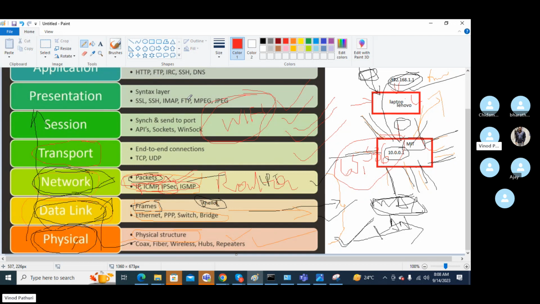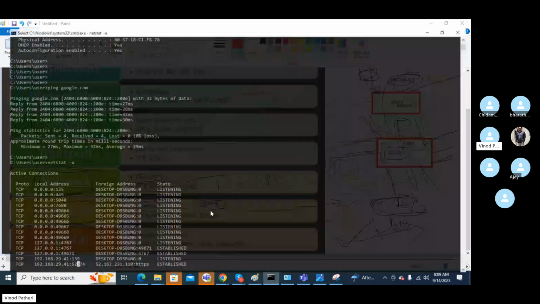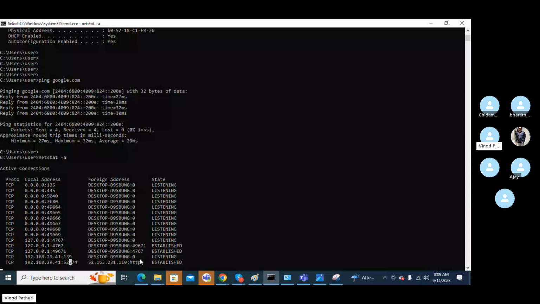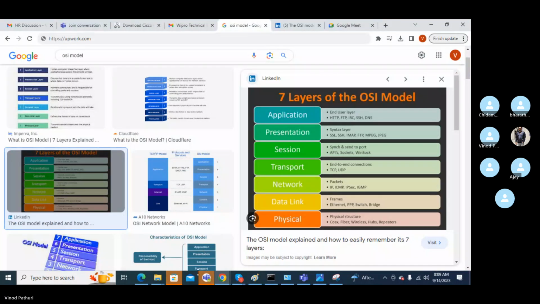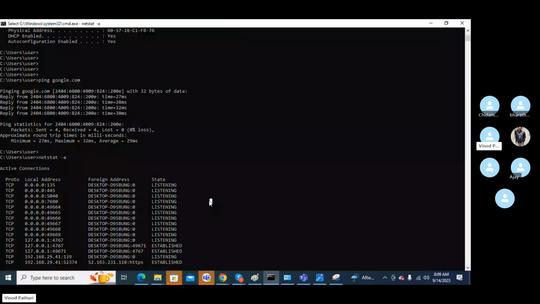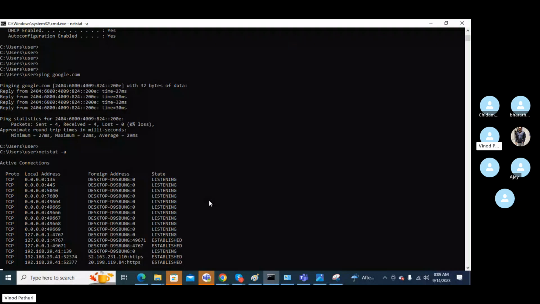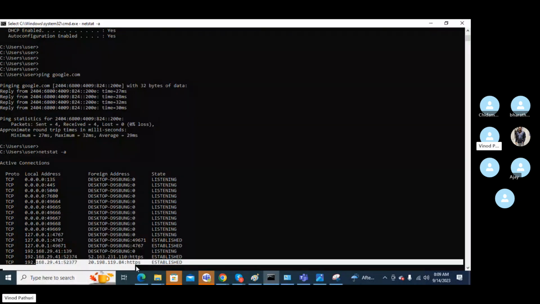Okay, so 65,536 is the number of ports, and with these many ports, whenever you connect multiple things, if you see 52374 is for one Google connection, and if I establish one more, just let me cancel this, 52377 is for one more.